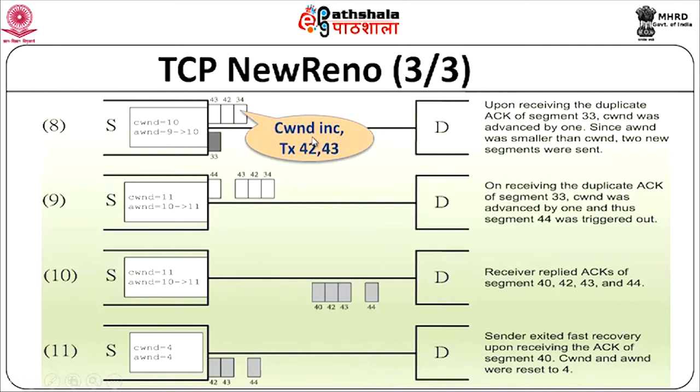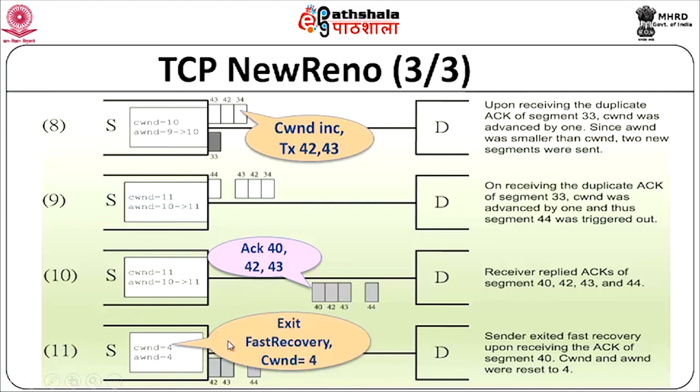Since all the lost packets have been retransmitted, plus some additional packets have also been transmitted, you will get back the acknowledgements for the packets that you have already transmitted. That is, you will get back acknowledgements for 40, 42 and 43. So the last acknowledged packet will be 43. Which means all your partial ACKs are over. Now you are getting a full ACK. When you get a full ACK, you get out of fast recovery, set your congestion window back to the original threshold, and start your congestion avoidance phase again. So this is basically how New Reno works.